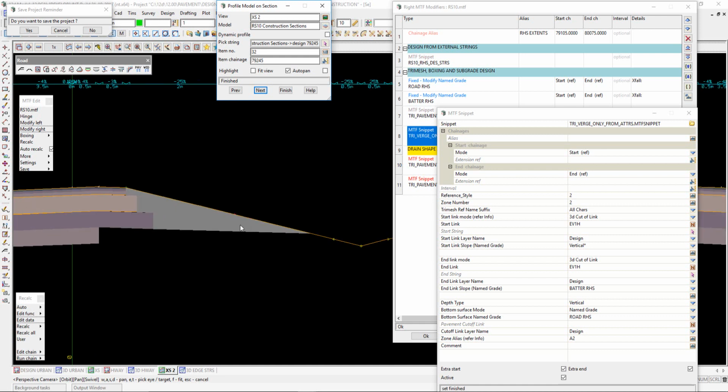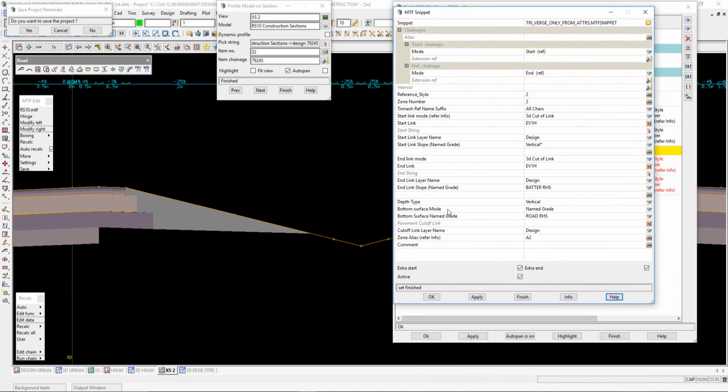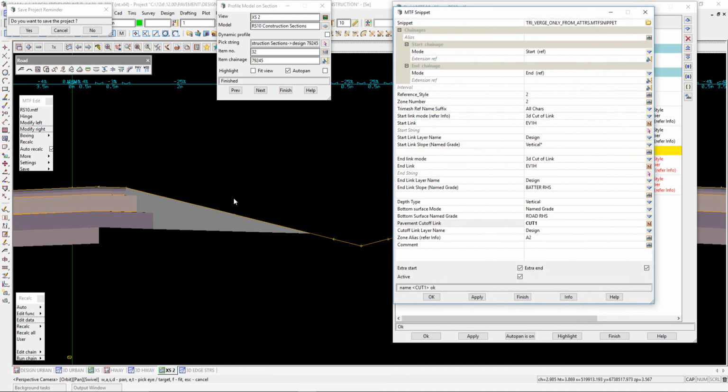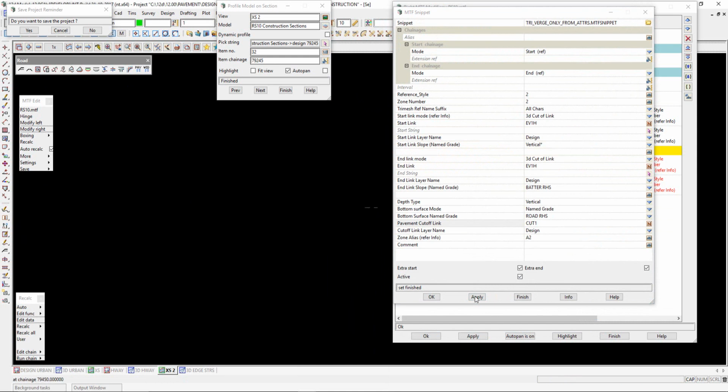There has also been added to this snippet a cutoff link. So if you want the pavement to do a vertical cutoff here, you have to introduce a string into your, well, the best way to do it is introduce into your design surface. In that case here, I've got a string that's going to limit, called cut1. It'll limit where this is, and it will chop this off rather than extending or daylighting it out to there. So if we run that,